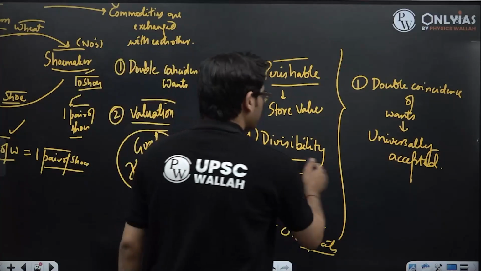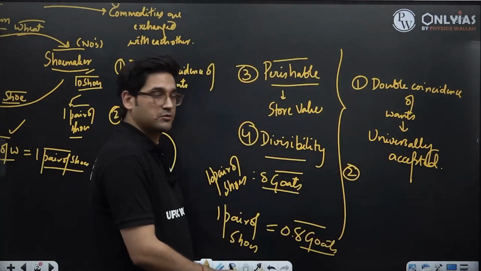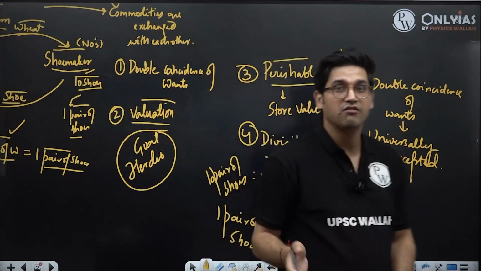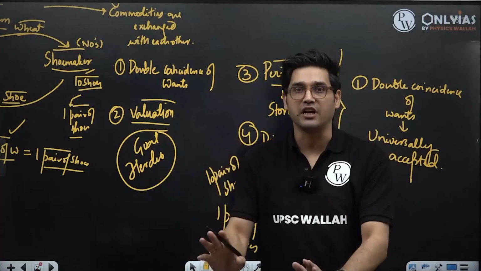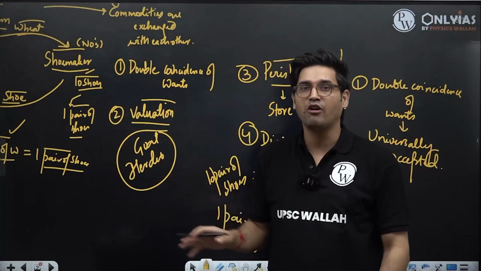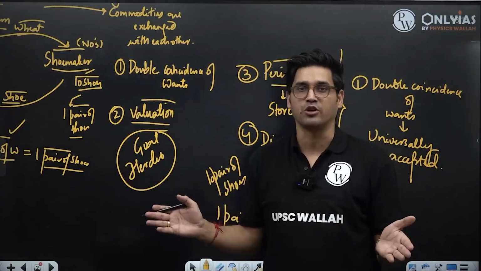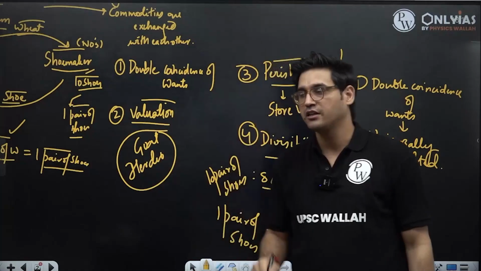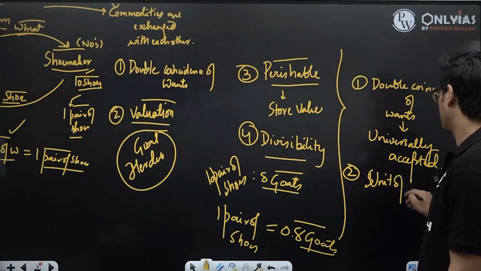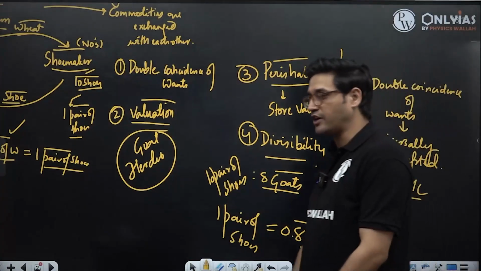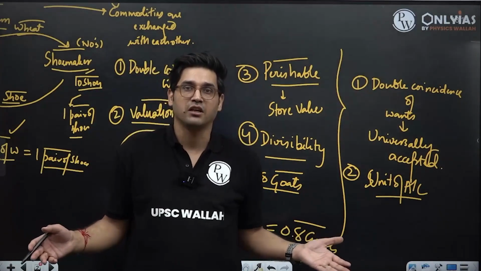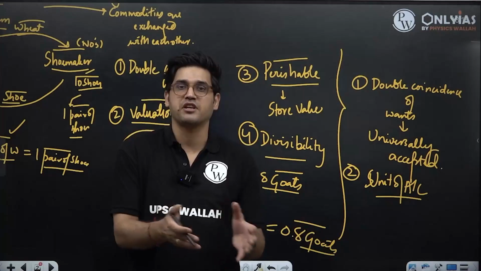The second problem is that of valuation. If I have that one commodity across which the value of all other commodities can be computed, then my problem of valuation is solved. I will not have to remember the value of many commodities expressed across many commodities. If there is a common commodity that helps me arrive at the value of every item. For example, in today's day and age, if you think of the Indian economy, the price of every commodity is expressed in the form of rupees.